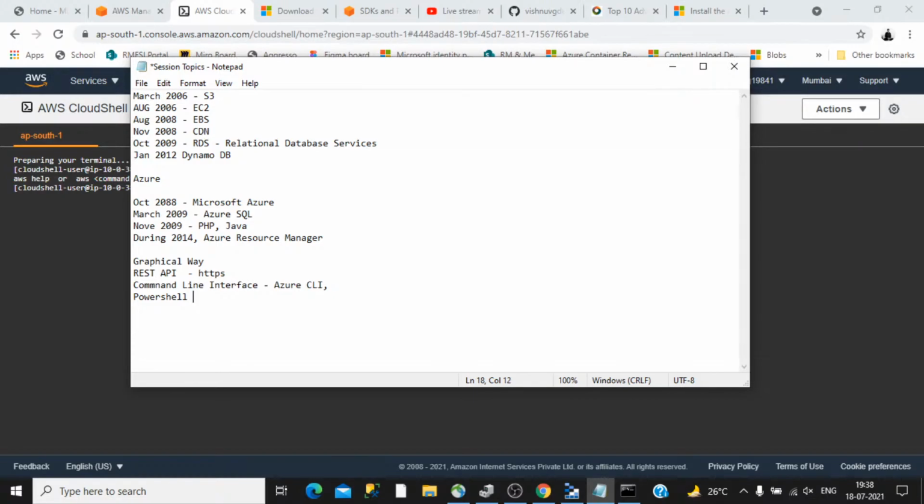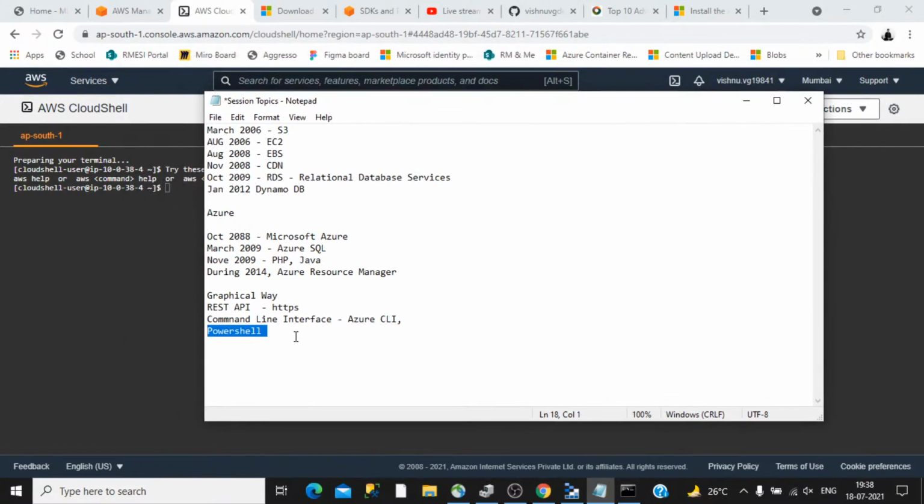Even though it is developed by Microsoft, it is still used on a variety of platforms, because Microsoft has recently open sourced it as PowerShell Core, and that enables it to integrate with other vendors as well. So this support is there for Azure as well as for Amazon. If you are familiar with PowerShell, you can use it from this portal as well, or from a PowerShell window, and you can interact with the particular cloud, whether it is Amazon or Azure.